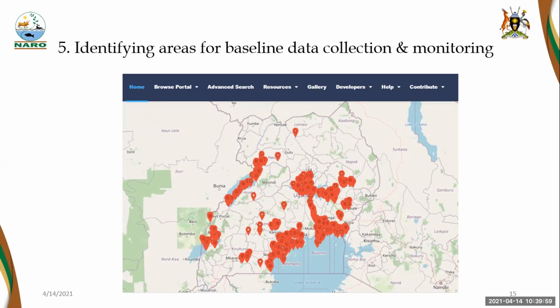And this map is extracted from our portal. It shows all the occurrence data for fishes of Uganda that have so far been included in the portal. And if you are familiar with the freshwater systems in Uganda, you can see that data are only available for large water bodies, like Lake Victoria, Lake Kyoga here in the middle, then Lake Albert in the western part, a bit of the River Nile, and then Lake Edward in southwestern Uganda here, and Lake George, plus a few crater lakes